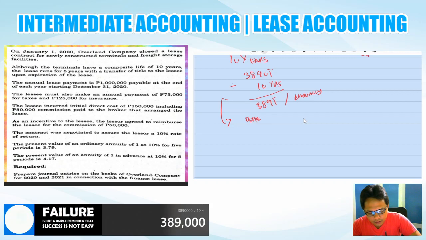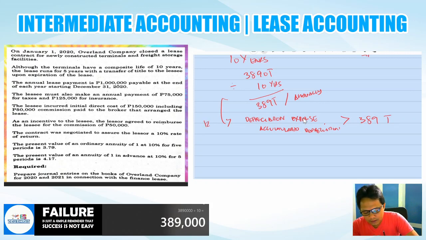Debit depreciation expense, credit accumulated depreciation, plain and simple. Okay, 389,000. Assuming this is 12/31/2020 at year end, then this will be the same entry if there are no other transactions that would affect this lease